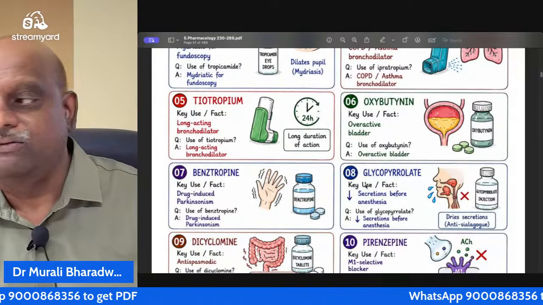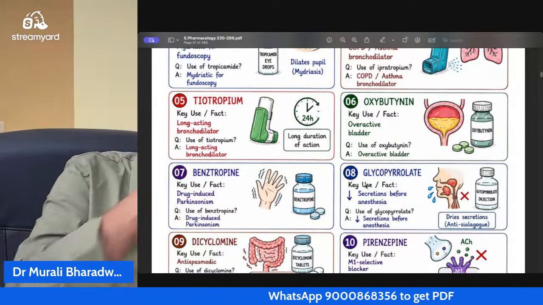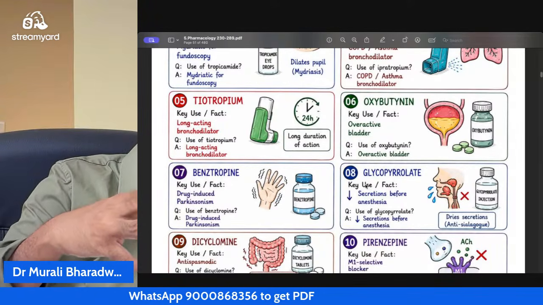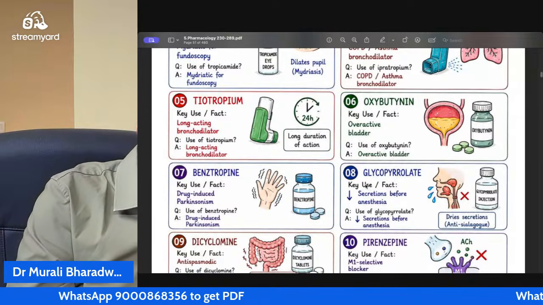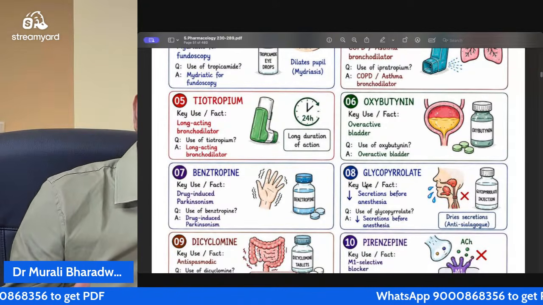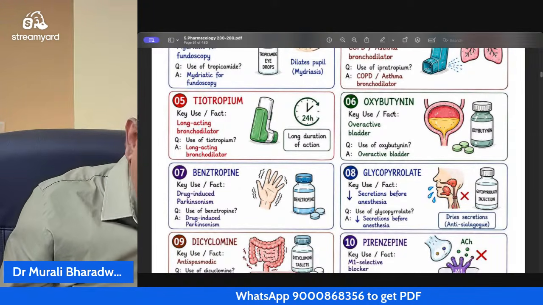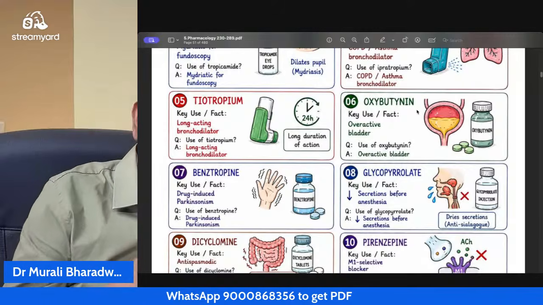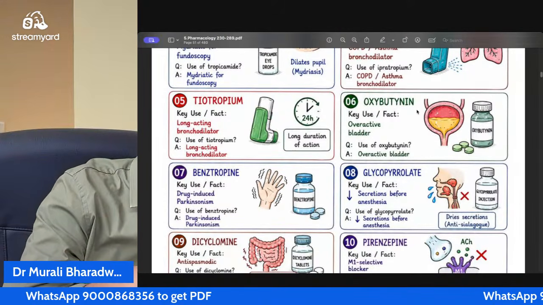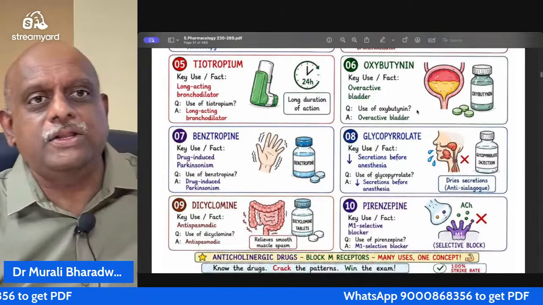Oxybutynin, whenever there is any overactive bladder, acetylcholine stimulates detrusor. Anticholinergics relax the detrusor. So whenever overactive bladder is there, we use anticholinergic oxybutynin. If there is a bladder retention, then we use procholinergic. That's the difference. Then in Parkinsonism,